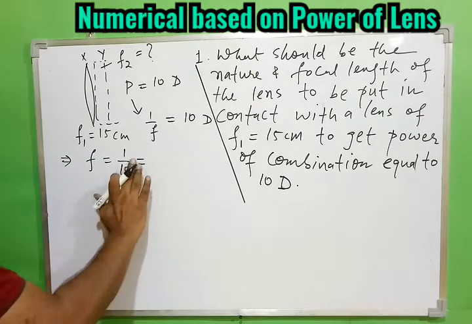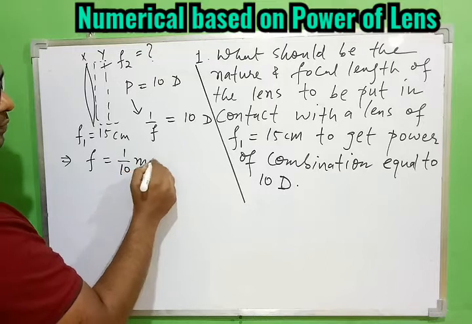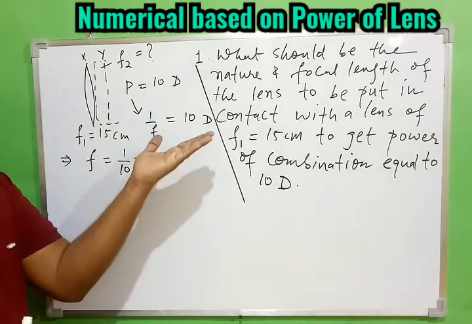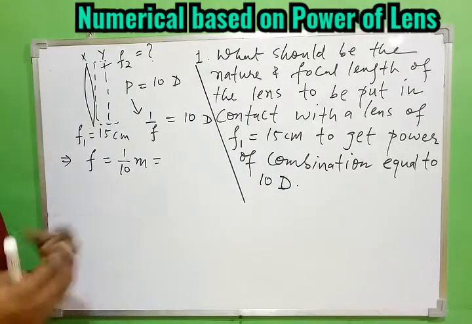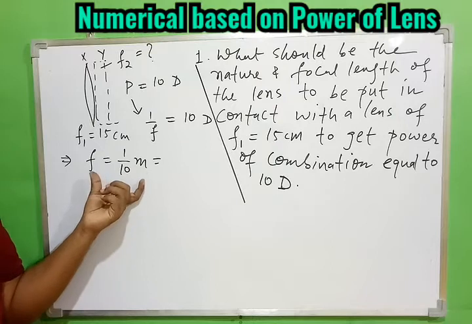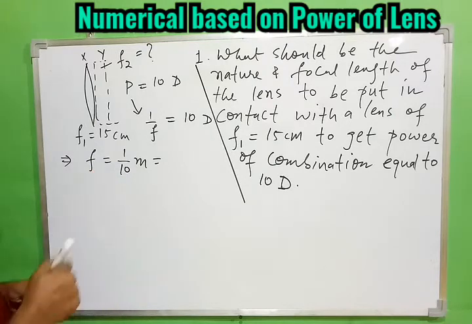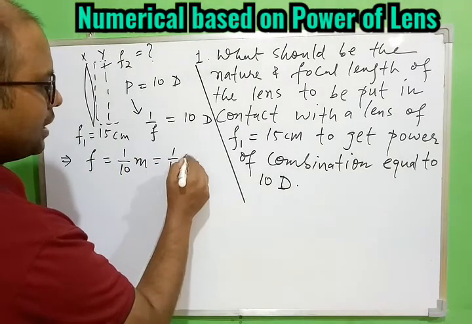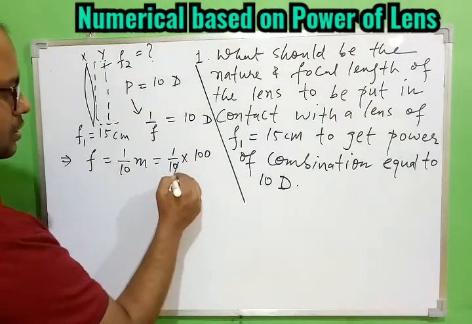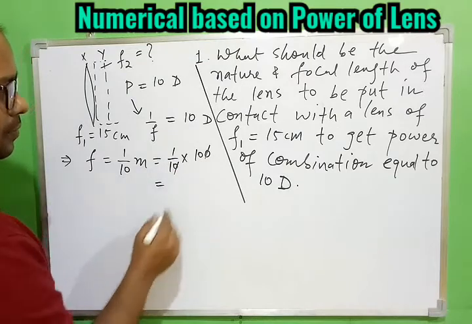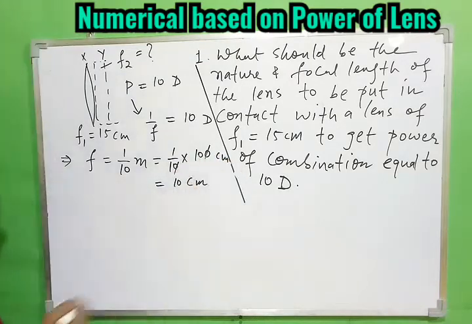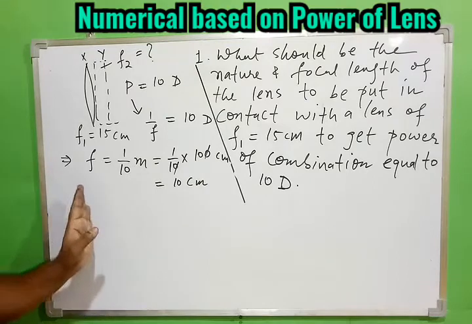And you remember this will come in meter. Students make mistakes here. They take the reciprocal of diopter and they get the focal length in centimeter. That is not possible. So in this case, the focal length will be in meter, but we can multiply this with 100 to get the answer in centimeter. So let's cross it. That will become how much? This will be in centimeter, and that is nothing but 10 centimeter. So I hope there is no doubt.